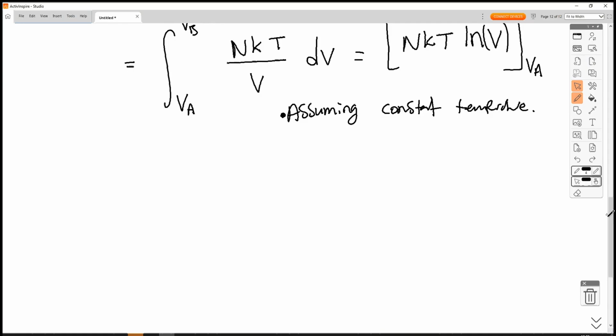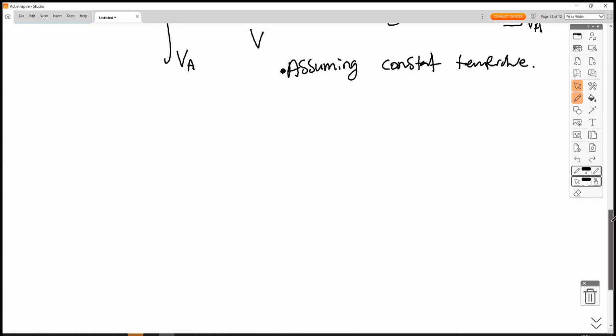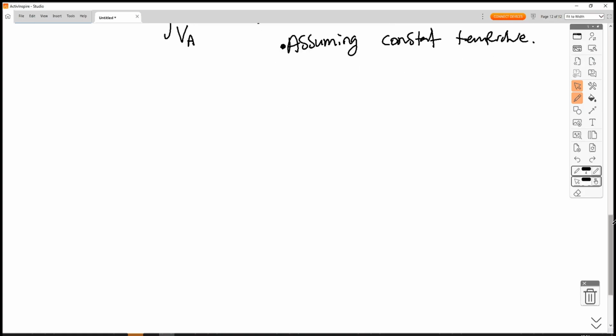So, in a case where you don't know if it's constant temperature or not, or you're given some kind of arbitrary curve, which might not even be following nkt over v, because there might be some other processes going on, you need to work out the area using numerical methods. For example, trapezium rule. So using trapezium rule,